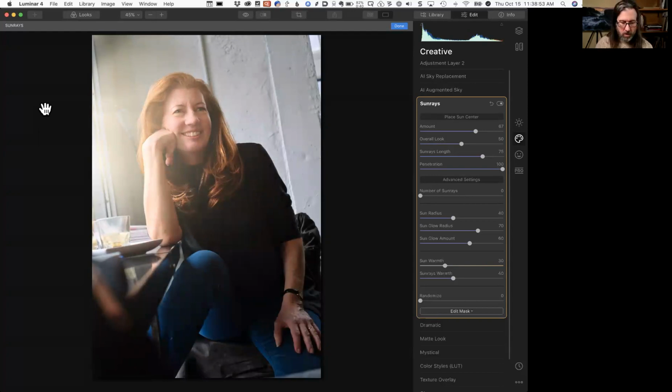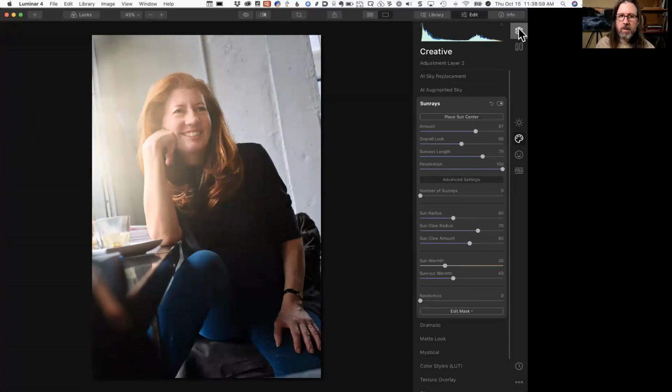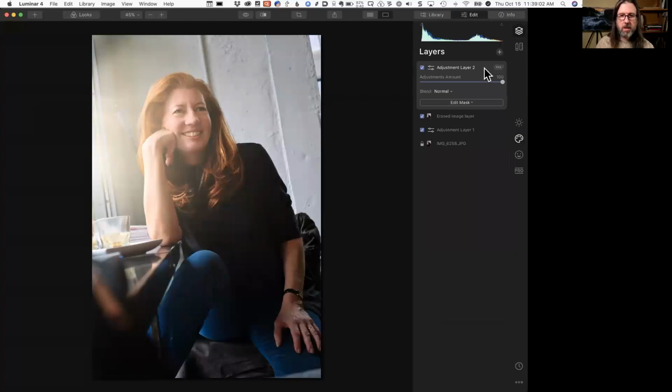So going back to our layers, as I mentioned earlier, and click Done. And you go back to our layers. Because that is the only adjustment that I have on this adjustment layer, I can bring the adjustments amount down. This is basically like changing the opacity of a layer. So I can bring that down so that we have just a hint of that cloudy light coming through without it looking like someone's standing outside with a big pro photo light or something. So what we have here now is,